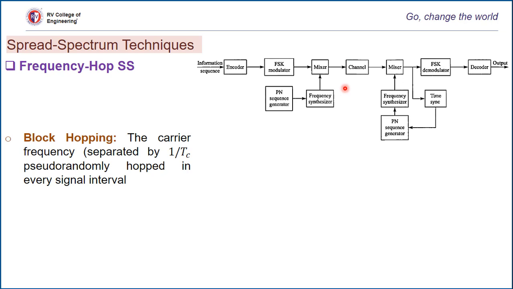In particular, successive k-bit segments of a PN sequence drive the frequency synthesizer, which enables the carrier frequency to hop over M, which is 2^k, distinct values for the M-array FSK signal. On a single hop, the bandwidth of the transmitted signal is the same as that resulting from the use of conventional MFSK with an alphabet of capital M equal to 2^k orthogonal signals.